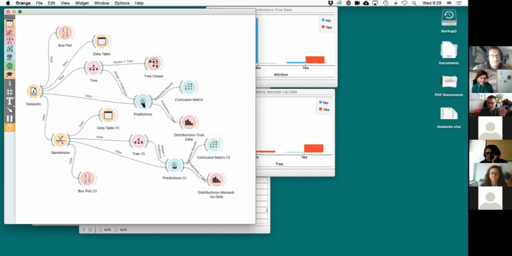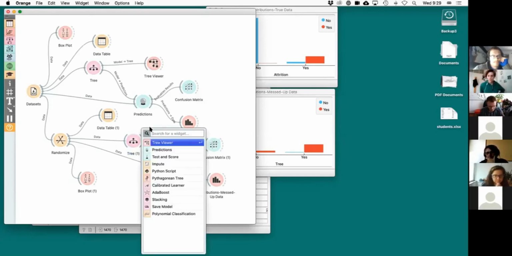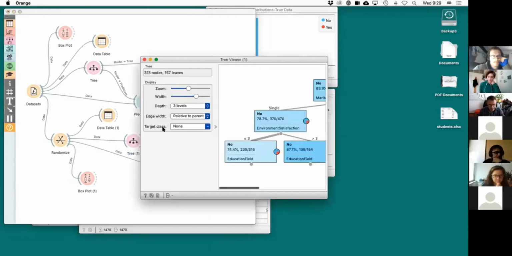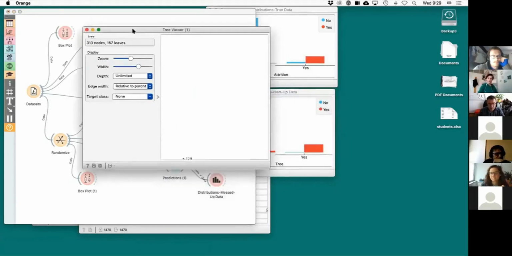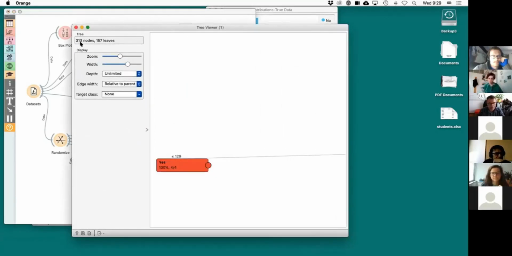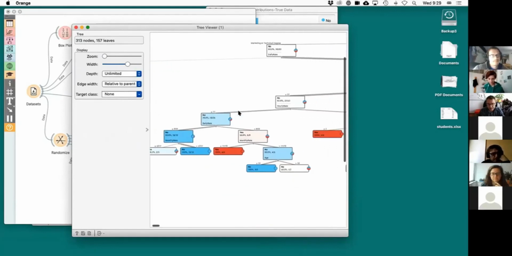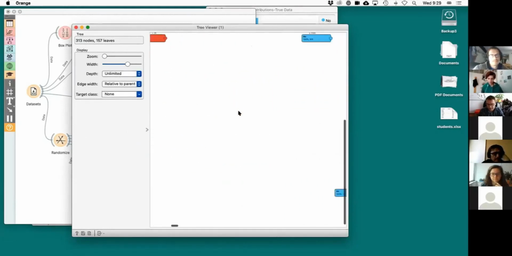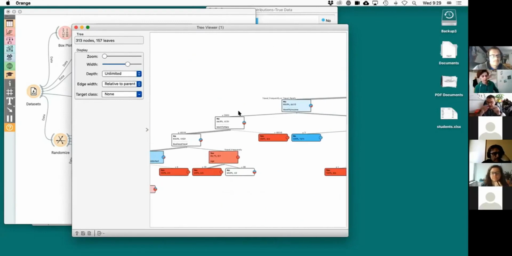These are not predictions, what I'm doing. These are not predictions at all. These are just trying to remember everything that is in the data. Actually, the trees that I'm constructing, I can actually view the tree here. The trees here try to memorize all the training data. So the tree is absolutely huge. It has 330 nodes and 157 leaves, and there's no way I can display the tree. I mean, there is a way, but the tree is huge, and it memorizes everything.